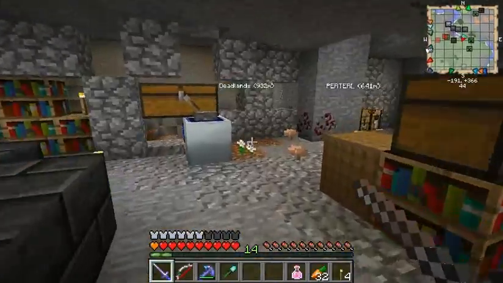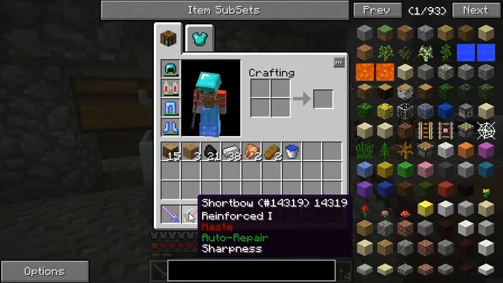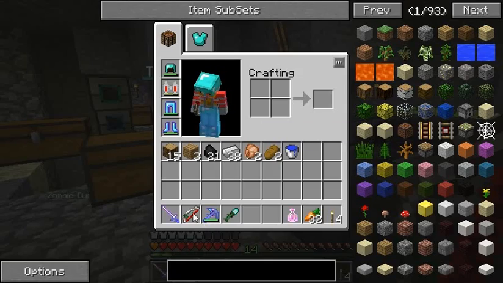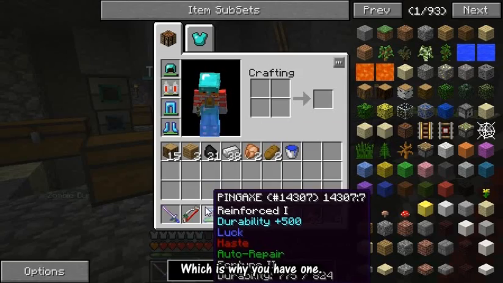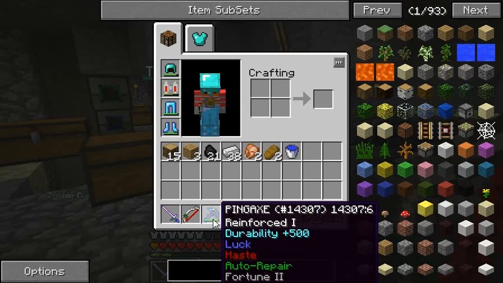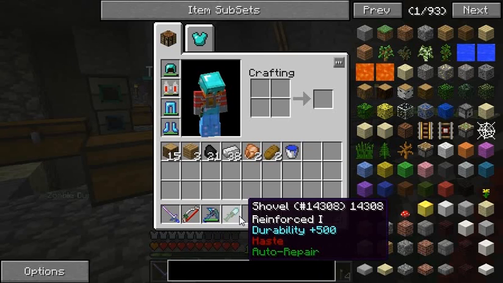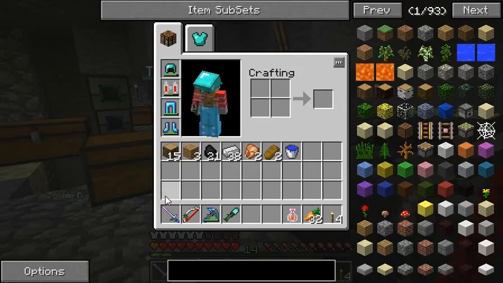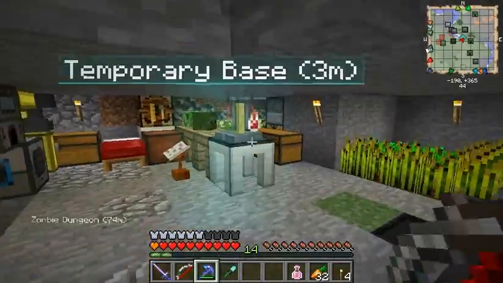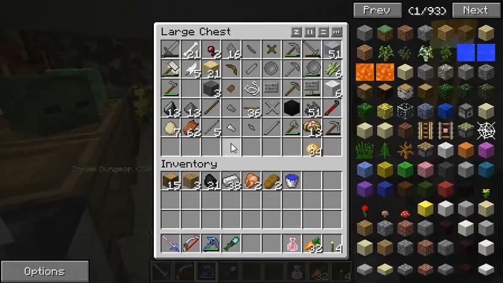And this is the short bow, which is basically a bow. I don't have any arrows, so it's pretty much pointless in my case. And that's the pickaxe. If you know the origins of my skin, you will understand why I call it that. And I have a shovel, but those are iron items, so they were all crafted using